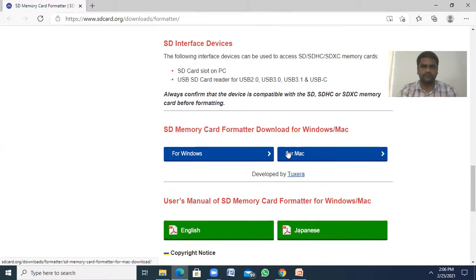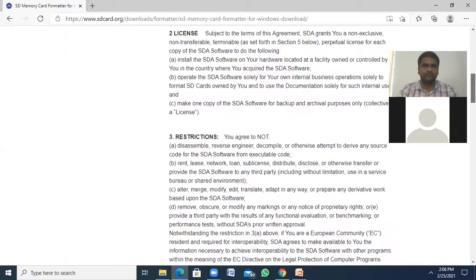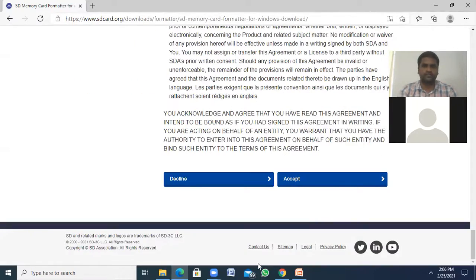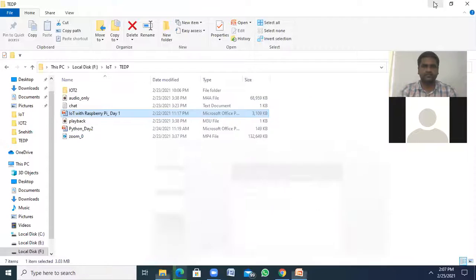There is a license agreement. Here you can see the SD formatter is going to download. I have already downloaded the SD card formatter software. After downloading, we need to install it.